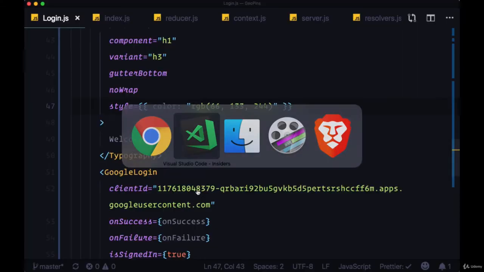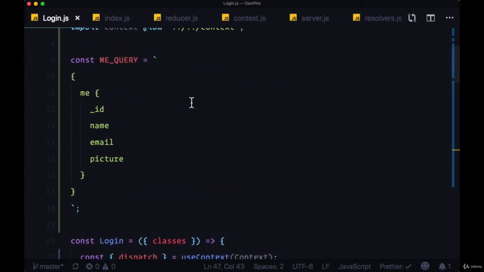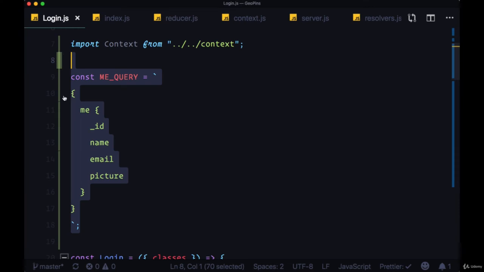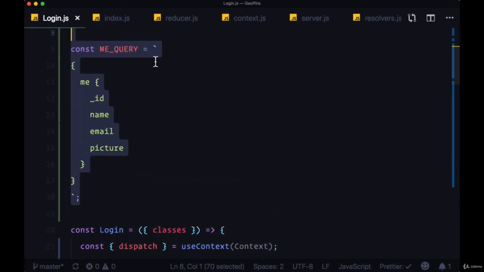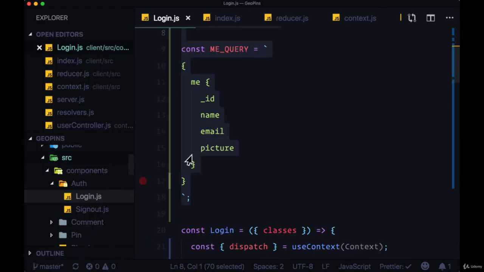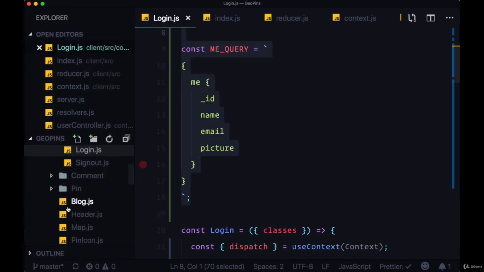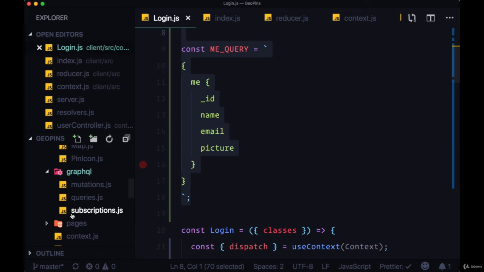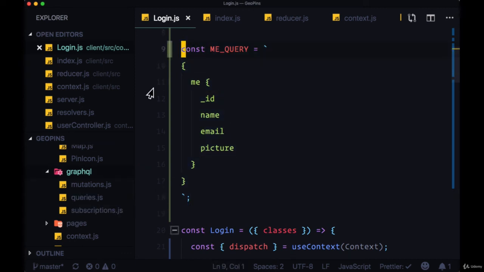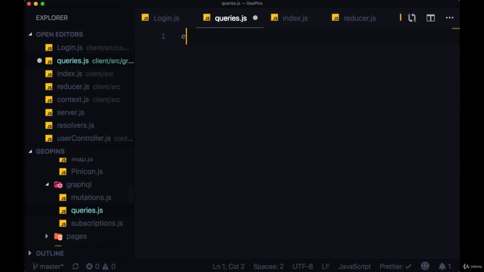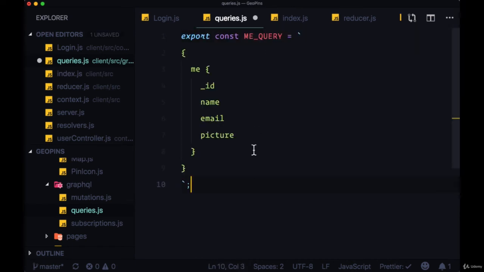And then the very last step is we can move this me query, since we'll be writing a lot of queries and mutations that will need to be executed in our components. We can move this me query as well as future queries that we write in this GraphQL folder. So note that I've created some individual files that correspond where we need to put each bit of code. So we'll move the me query in queries.js, and we can just write export const meQuery,